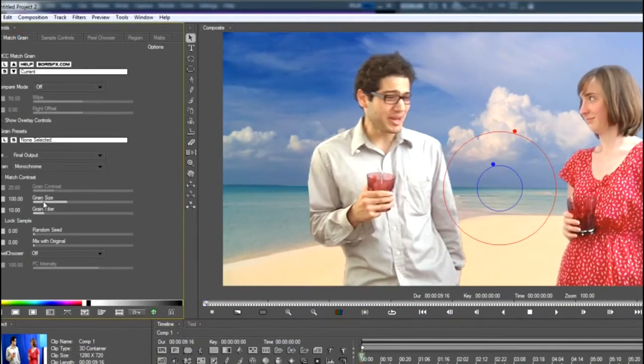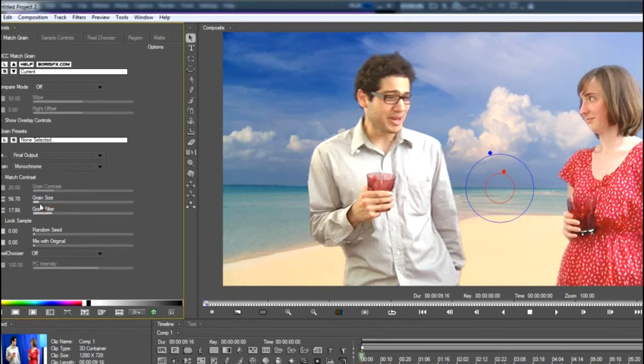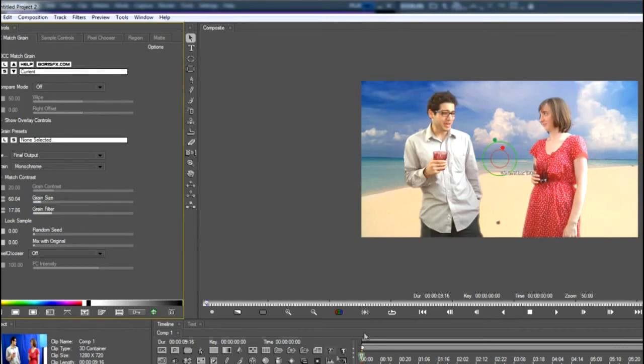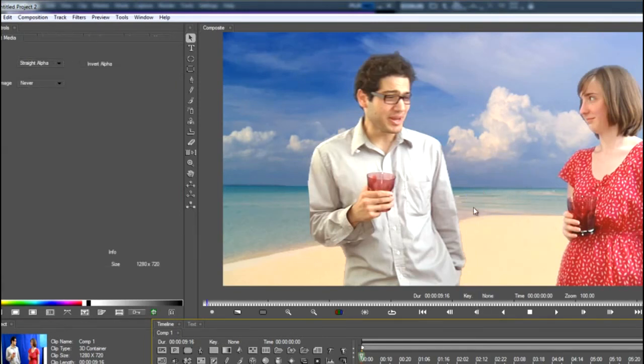And you can fine tweak this as well. Fine tweak, that's a custom term I just invented, by turning down the filter and adjusting the grain size. So you can do whatever you want here to make it more or less grainy, depending on what it is you are compositing. A CG graphic would probably need more grain than something that was already shot on video. Alright, and there we go. So we have some nice blending between the foreground and background. Film stock looks like it matches, colors match,